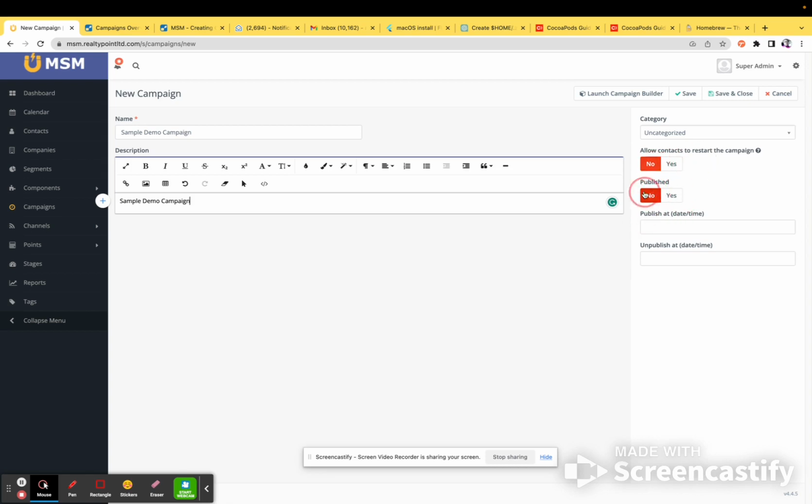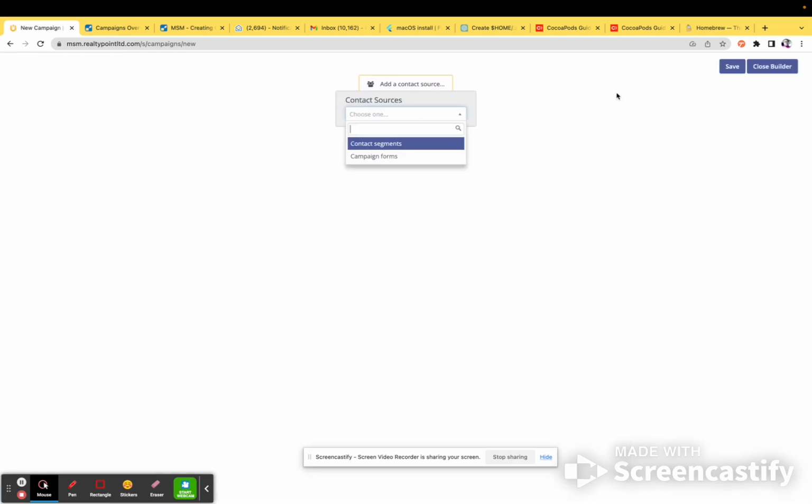Now, ensure this published is set to no until you are done designing and building your campaign. Always make sure that you don't set publish to yes until you're done. Now, once that is understood, you can head over to launch campaign builder, which is where the magic happens. Let's go. So when you click launch campaign builder, the first thing you need in your campaign is your